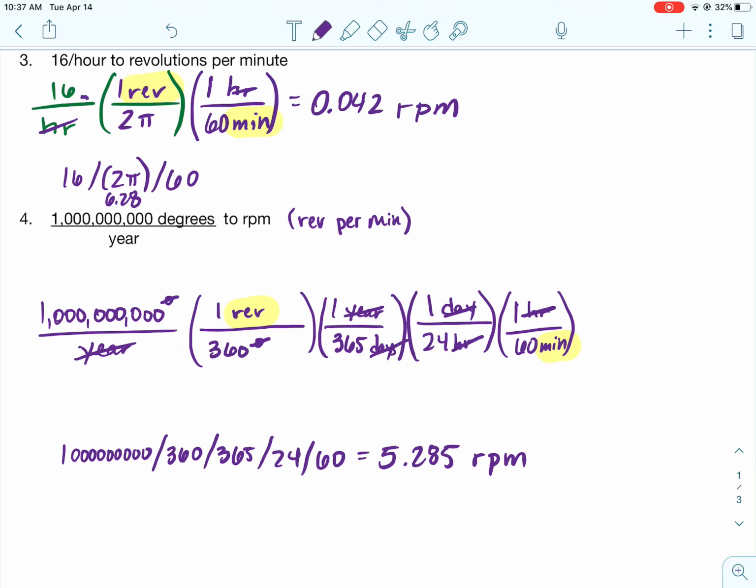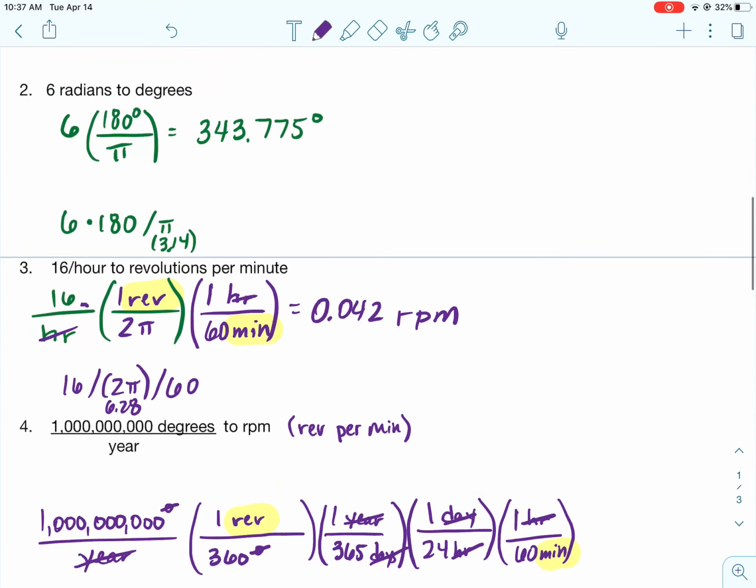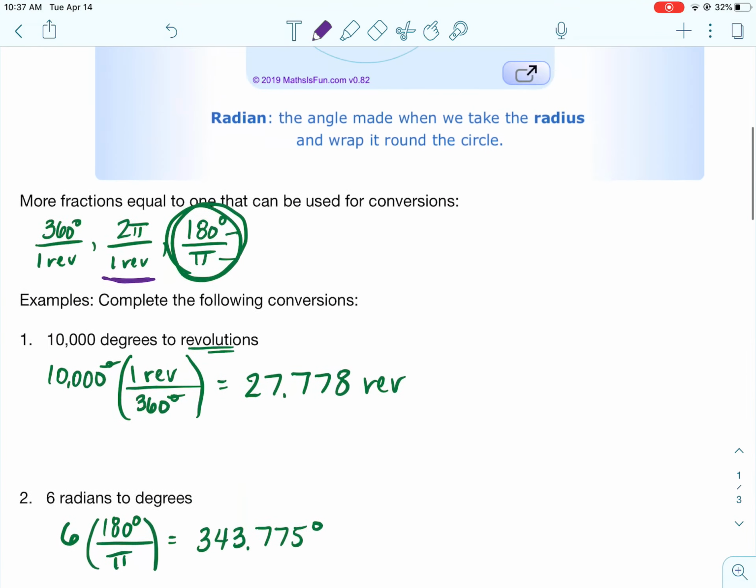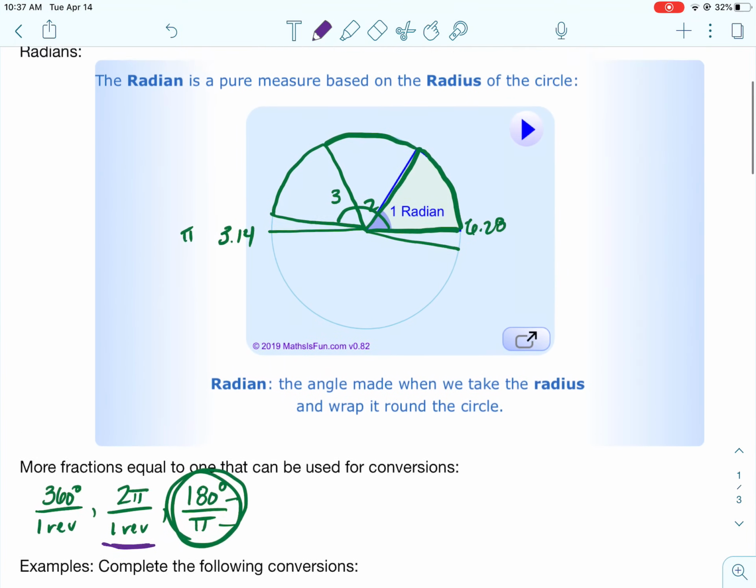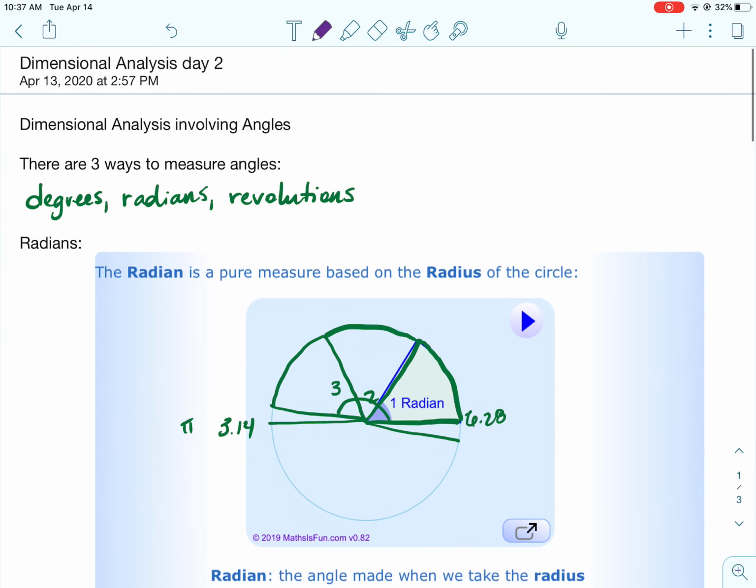Now, being able to do this dimensional analysis is going to help you more than just in your math class. It will help you also in science classes. If you're going to take chemistry, this is a huge part of chemistry. So if you've already taken chemistry, it probably seems